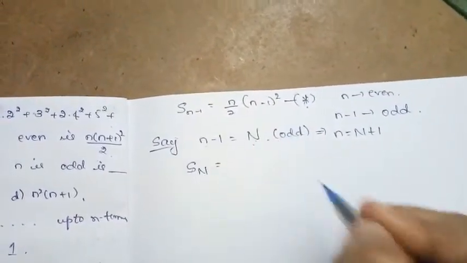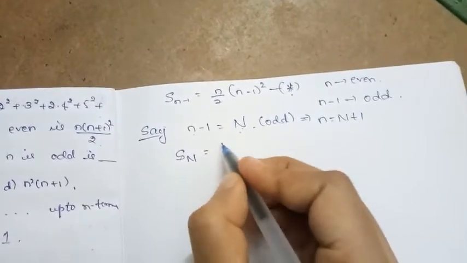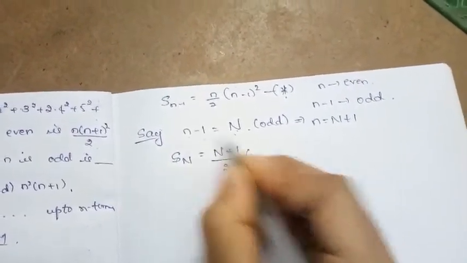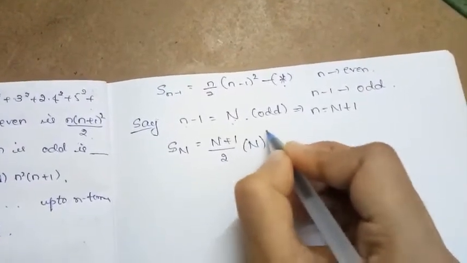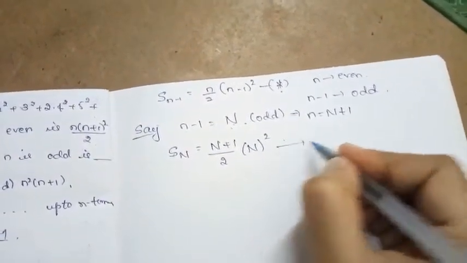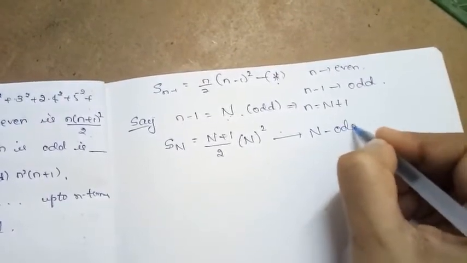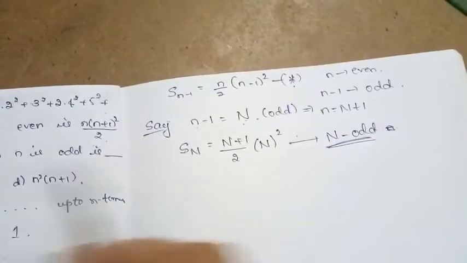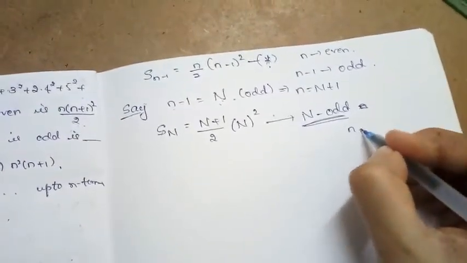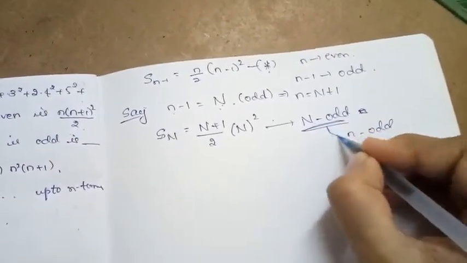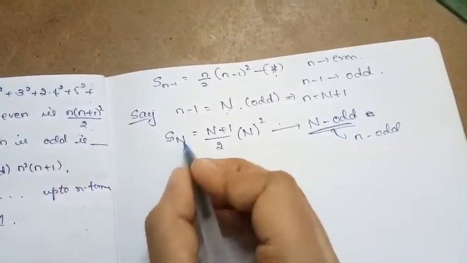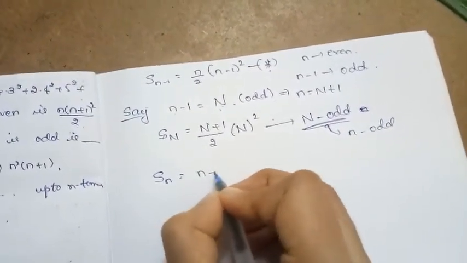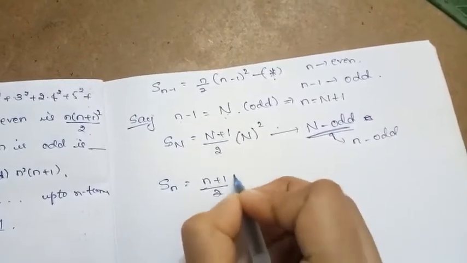Bringing this minus 1 to the RHS becomes plus 1. So it becomes N plus 1 divided by 2, N minus 1 means N square. So now clearly here N is the odd number. I mean it is an odd. Here N is odd. Now going back to the equation, they said n is odd. Now here also we are having N is odd. Substituting n by that N itself, where n is odd, Sn is equal to n plus 1 divided by 2 into n square,